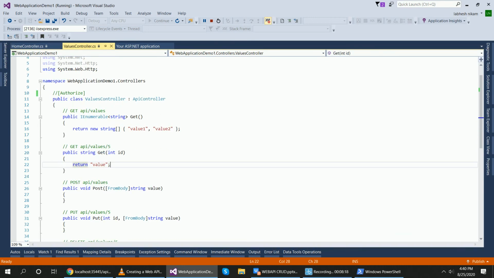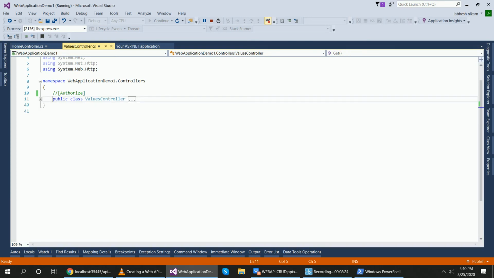Okay guys, now what happens if I comment all this code? Select all of it, press Ctrl K C to comment this.